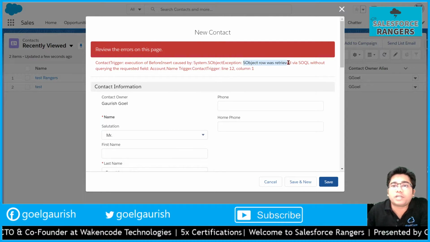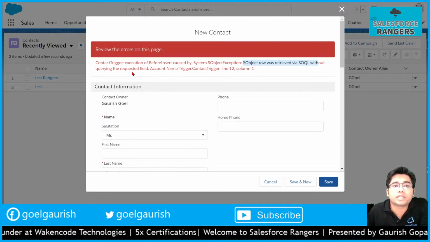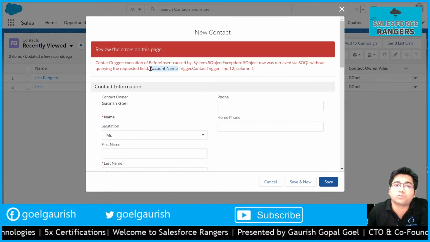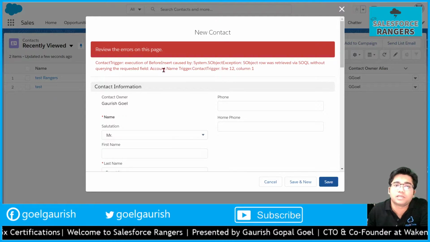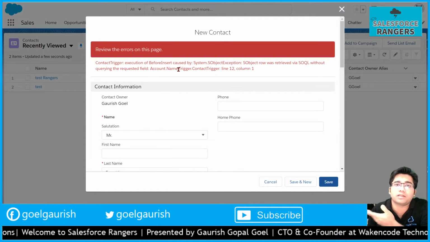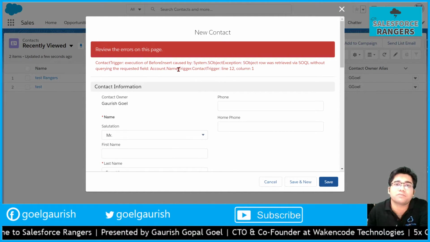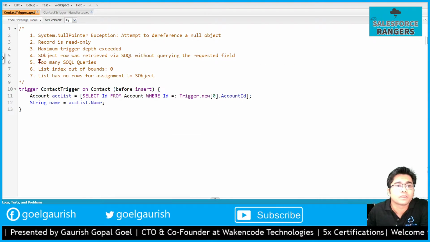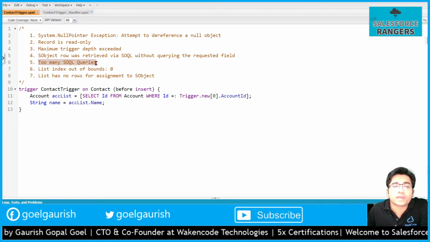SObject row was retrieved via SOQL without querying the requested field Account.Name. So here it gives the field name which is missing in the SOQL. See how helpful this error is. It is serving it on a silver platter that here is the fix. Just put this field in your SOQL query. So simple. Now the fifth error is too many SOQL queries.